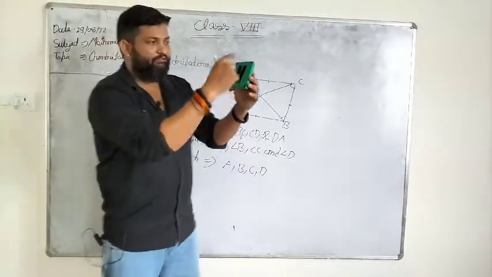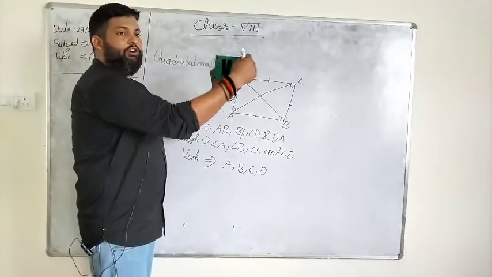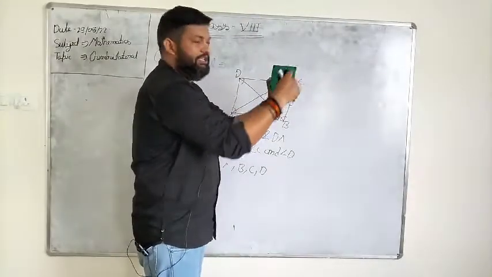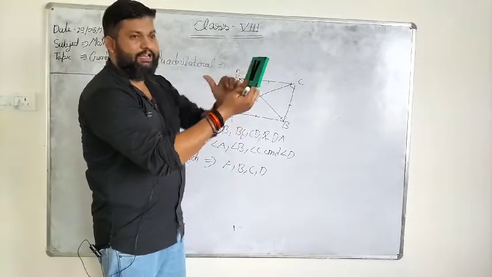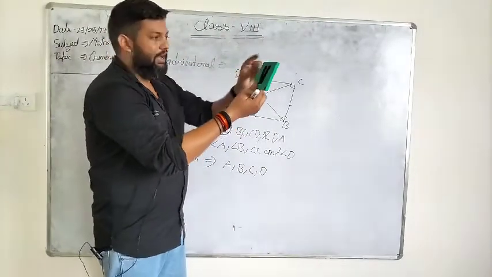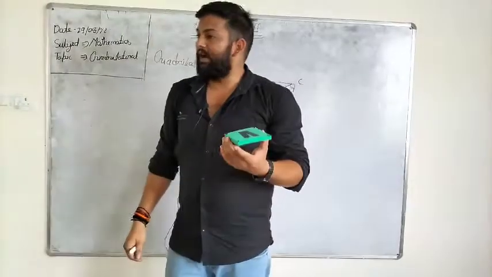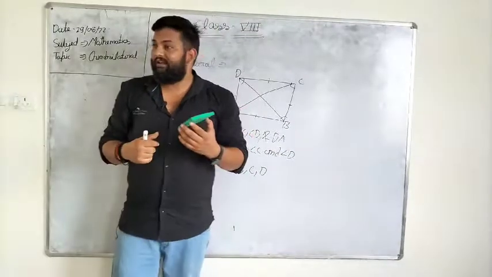So now we can say that AB and BC are the adjacent sides. Same as BC and CD also have a common vertex, so DC and BC are the adjacent sides. Same as CD and AD are the adjacent sides. And after that AD and AB are the adjacent sides. Is that clear?